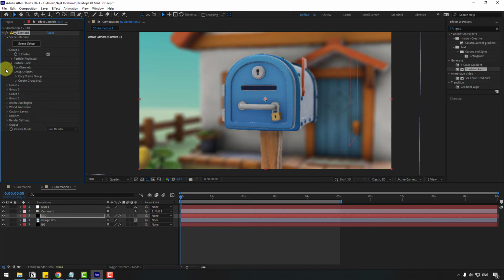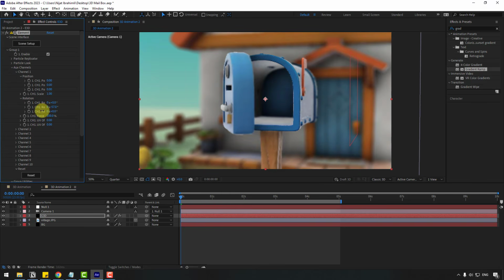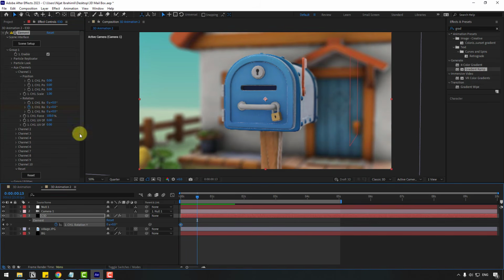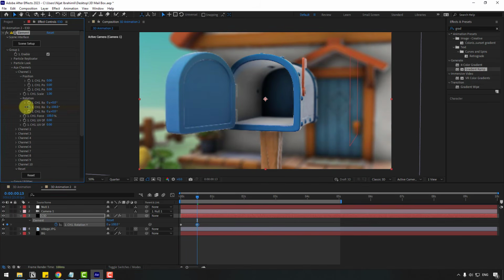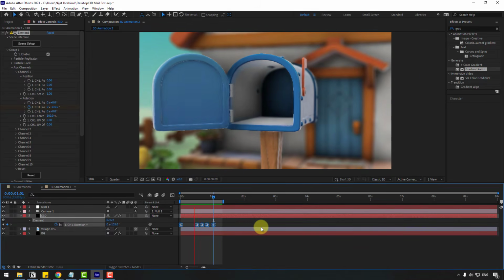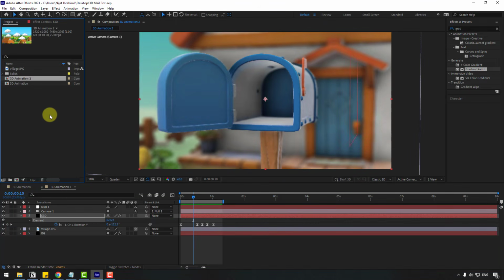And go to first group and AUX channels, channel 1. We can control with rotation. Let's see. Nice. And let's create new keyframe. Press U and go to here. Let's change rotation like this for open and write -140. Go to some keyframes with page down. Write -135. Nice. Very good. And in this time, go to project, choose these 2 compositions, drag and drop for create new